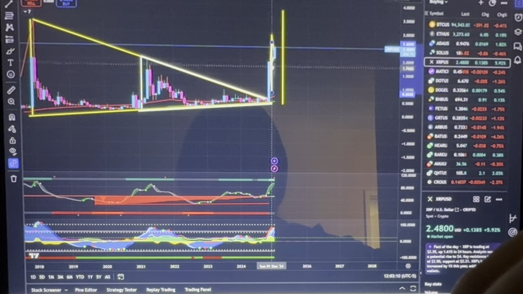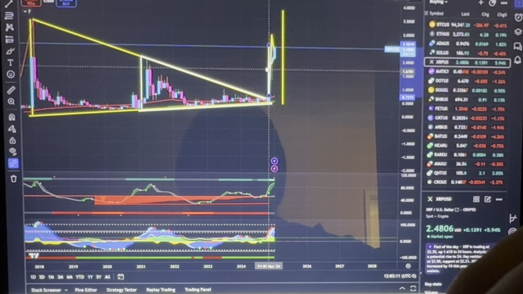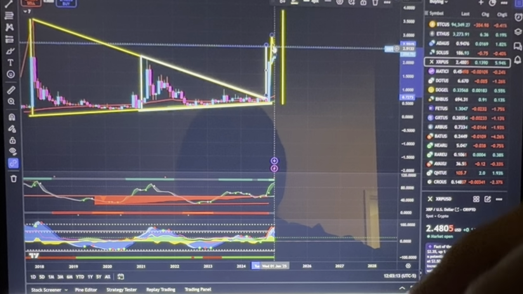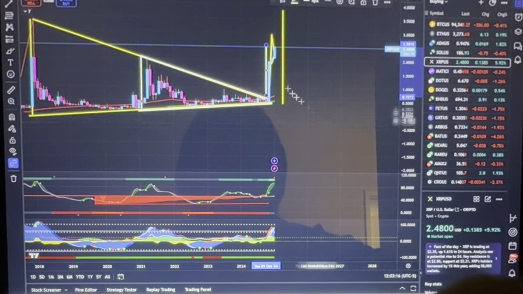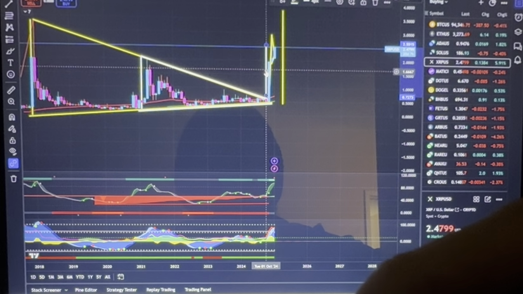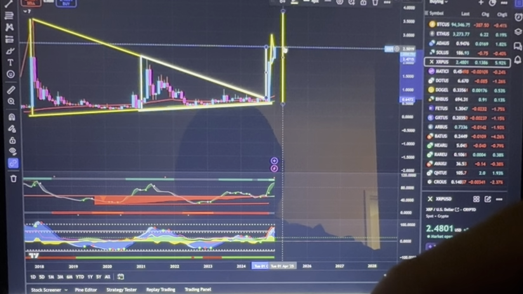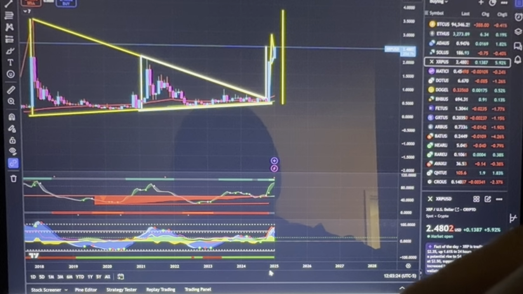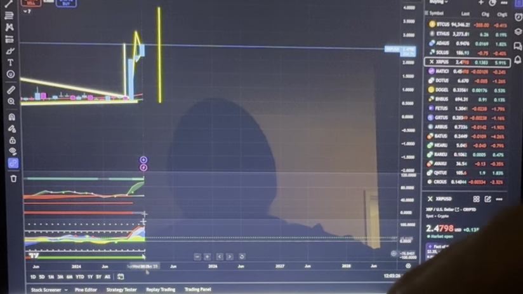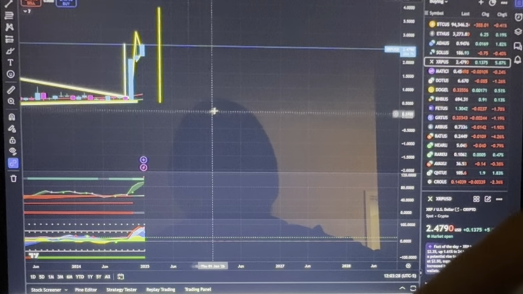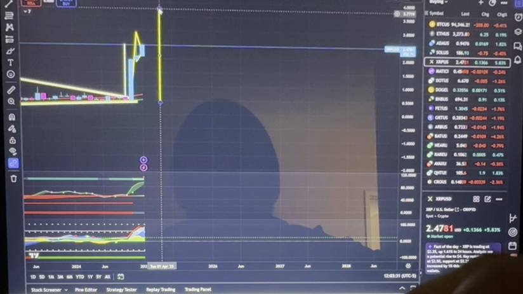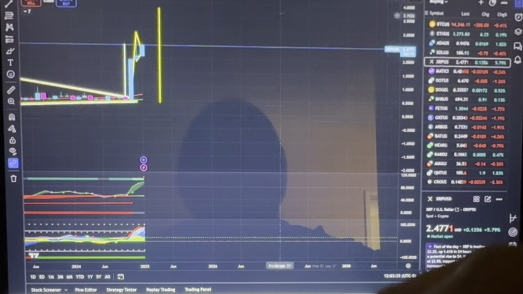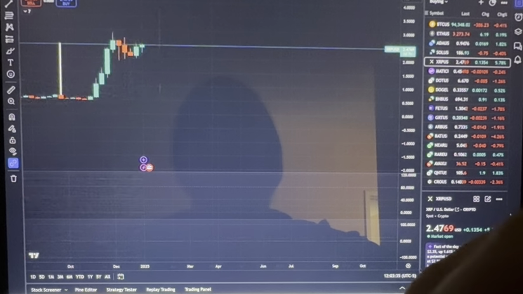And I'll show you. It broke out, went exactly to the top. It's a great move. Actually, let's move this down a little bit. You can see we hit perfectly. But I still think this major move is still there. I think there's still this to come. And you can see if we go down to a weekly chart,